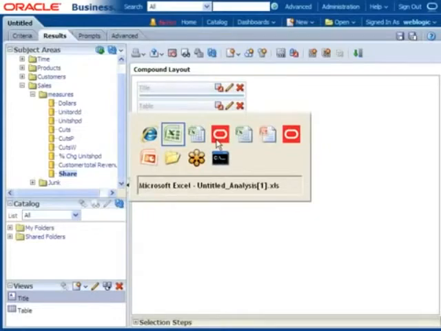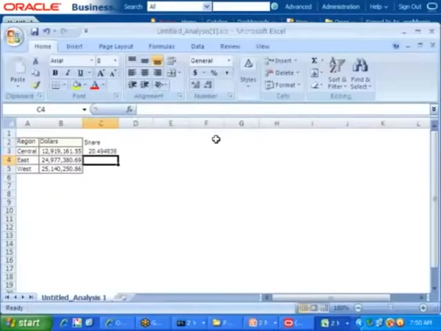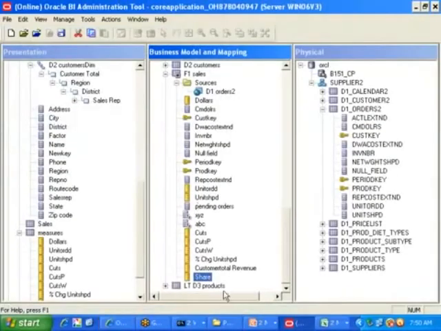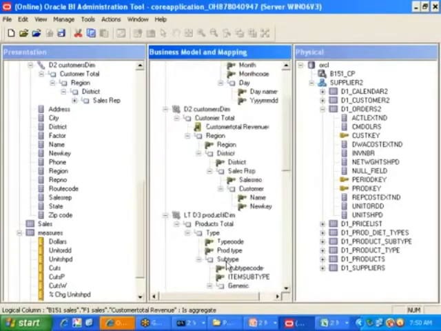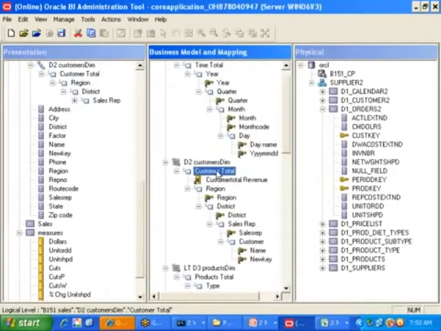Now what is our definition of level based measure? It is a measure column first of all, right? It is a measure column, but it is calculated always at the level of what, sir? Customer total.